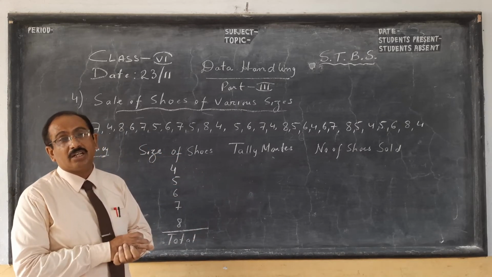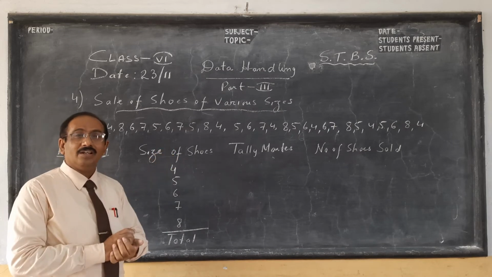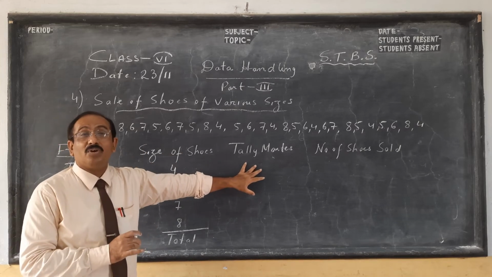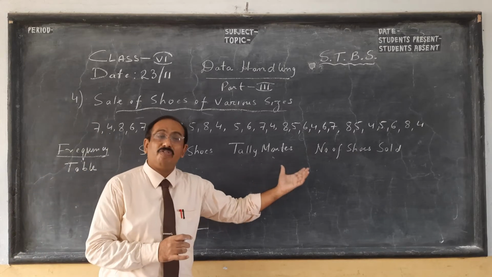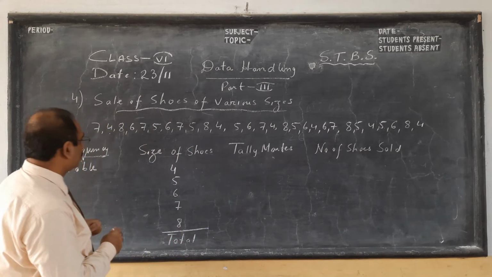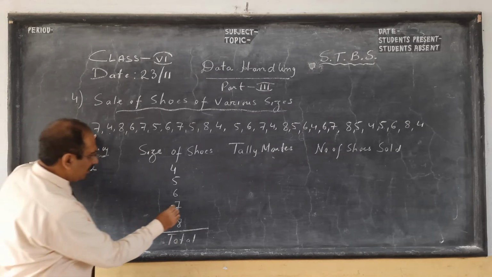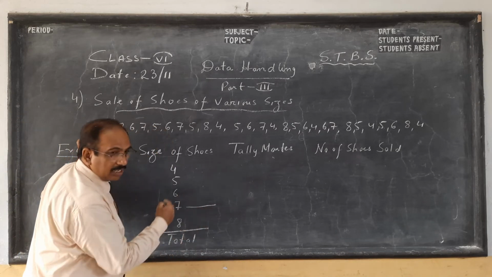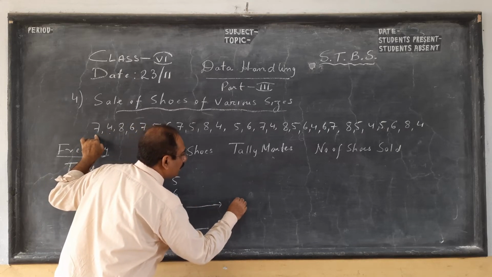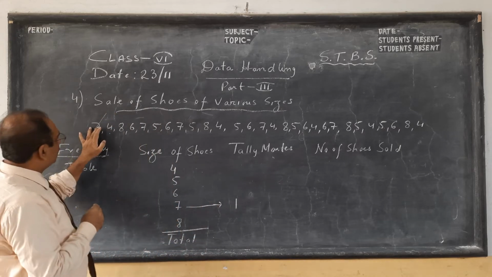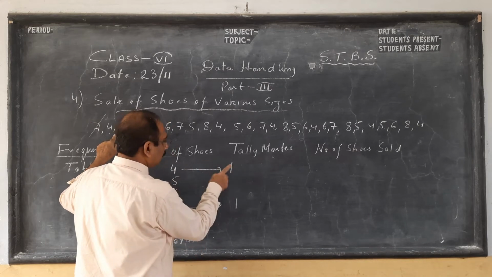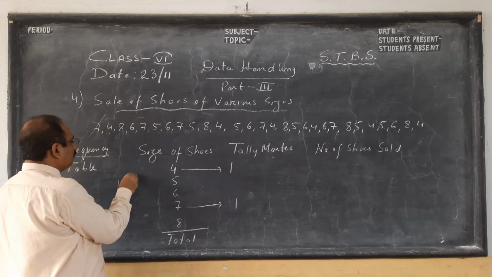So here we learn, children, with my previous story of our washerman way back, how we learned that there is something called tally mark, which is a bundle of 5. Why a bundle of 5? Counting becomes easier. So here we go, children. How to do? See, 7 first. Since I don't have a ruled paper, I draw an arrow. You don't need it if you are using a ruled paper. 7 size shoes I have taken. Then 4, so under 4 I'll draw one line, one tally mark.